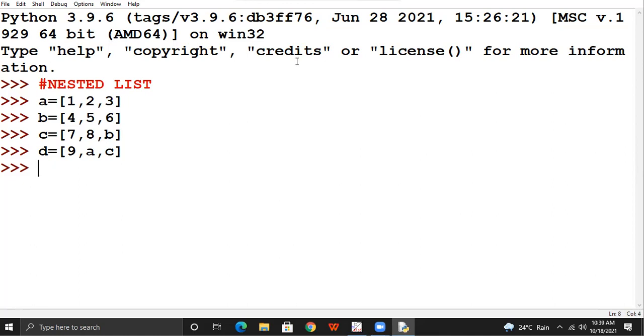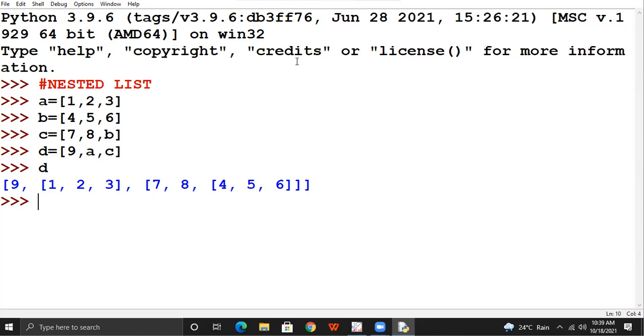Now, when I print D, this is the structure of D. How to study this structure? See carefully. The first element of D is 9. 9 is here.